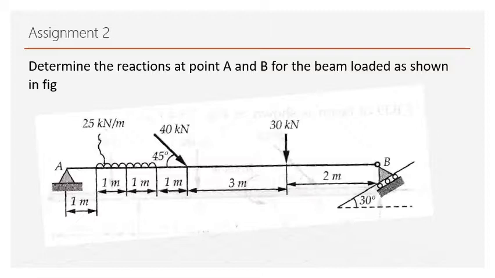Find out the total or the equivalent point load of the UDL of intensity 25 kilonewton per meter. It is for a length of 2 meters, so it would be 25 into 2. Resolve the 40 kilonewton inclined load into its components, horizontal and vertical components. Okay,